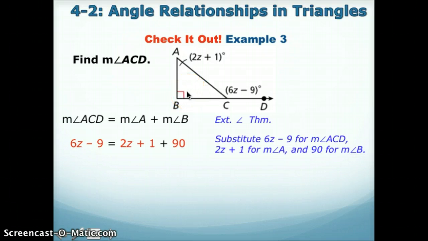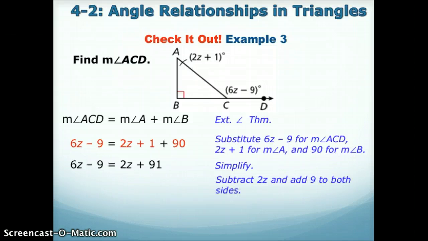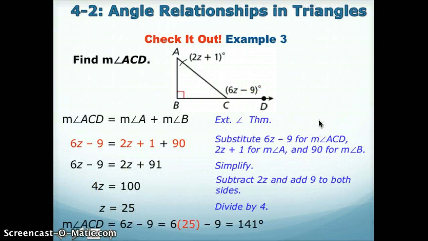So if I plug those in, the next thing I want to do is simplify. So I'm going to combine my like terms, 1 and 90. And then I'm going to look at my z's first, and take the smaller one and subtract from both sides. And then to get z, I'm going to divide both sides by 4. So I get that z is 25. But I always want to make sure I go back and look at the problem. It wanted ACD, so I'm going to plug 25 in for z, and 6 times 25 minus 9 gives me